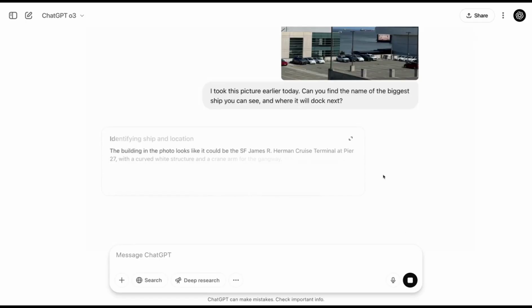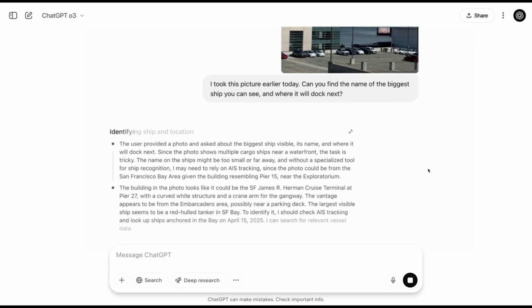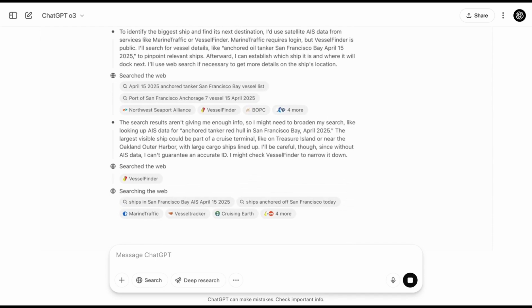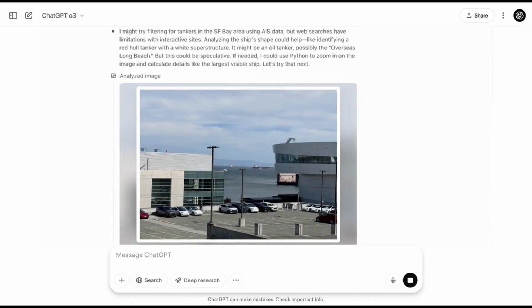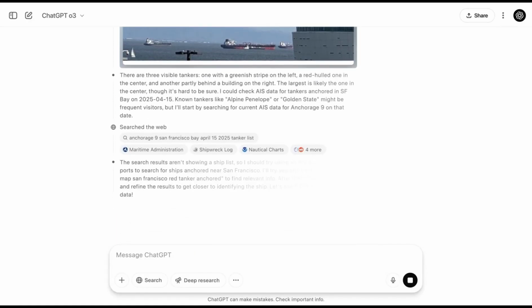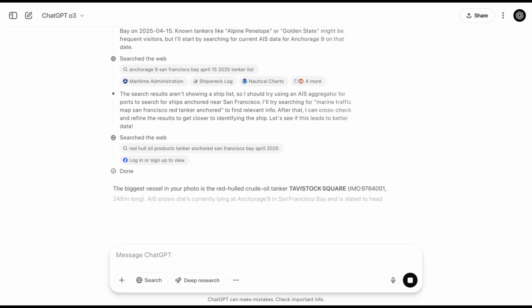The O3 model is OpenAI's most powerful reasoning model to date, pushing across the frontier in coding, math, science, and visual perception. What makes this model stand out is its ability to think with images. It doesn't just see an image, it actually thinks with that image as part of its reasoning process. This is revolutionary because it can analyze images in completely new ways, zooming in, rotating, and transforming them as part